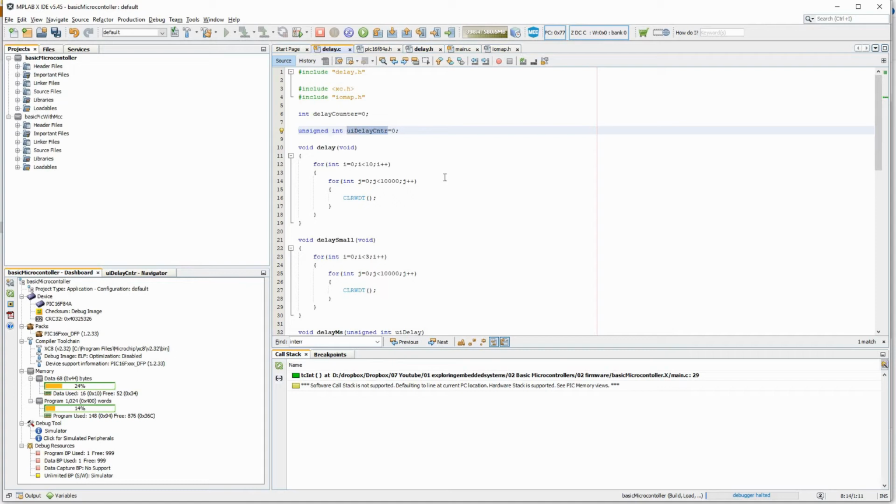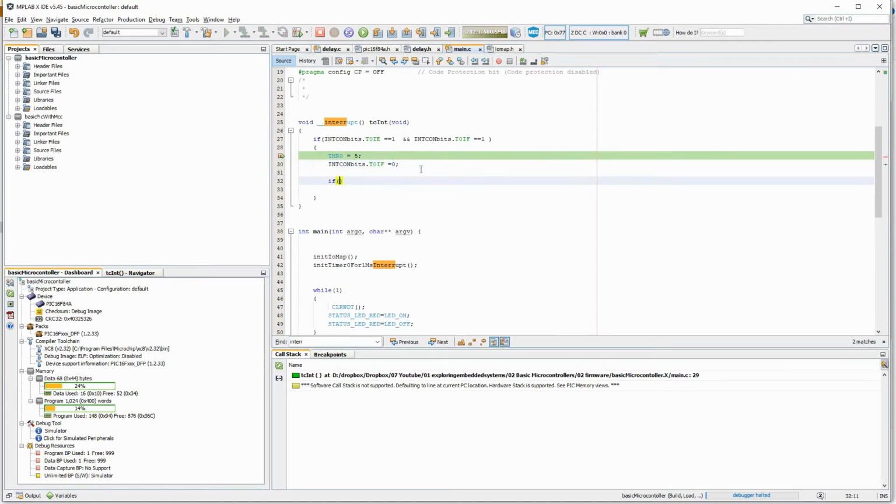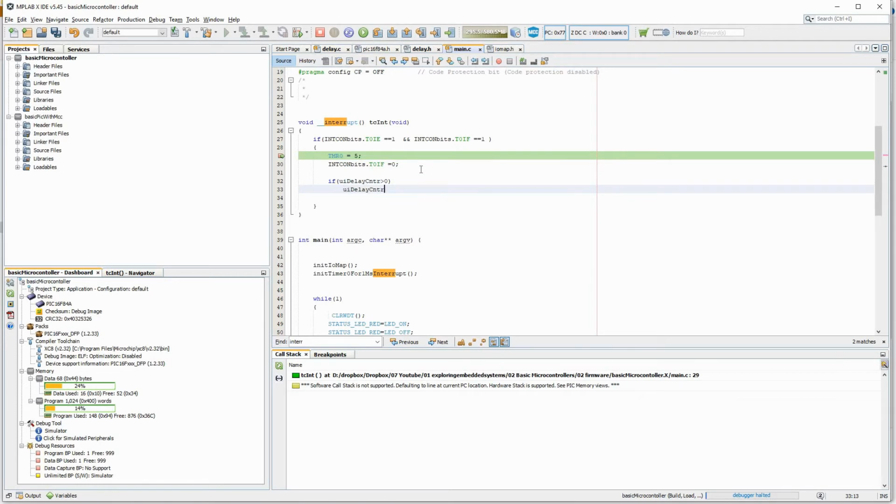So now I'll just write this code here and I'll explain why I'm writing this. Greater than 0. Okay, if this delay counter is greater than 0, it will reduce and it will come back to 0. So this will be decremented every 1 millisecond till it hits 0.